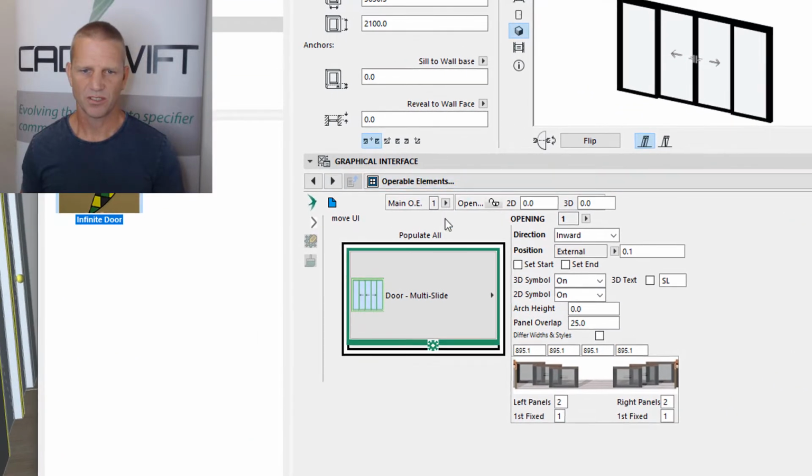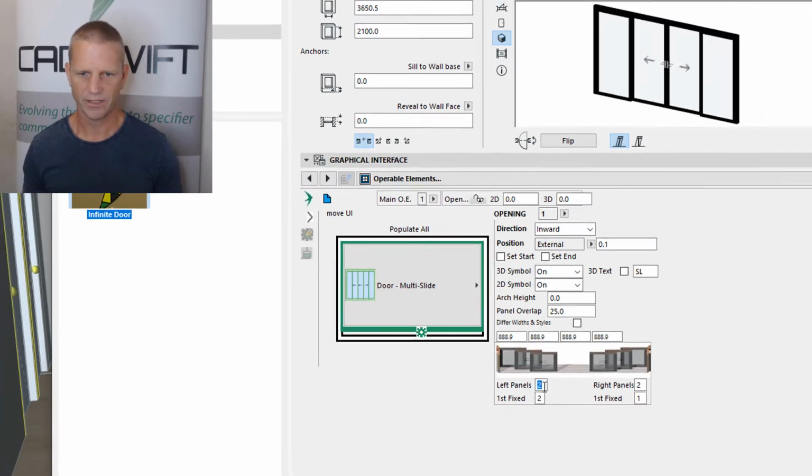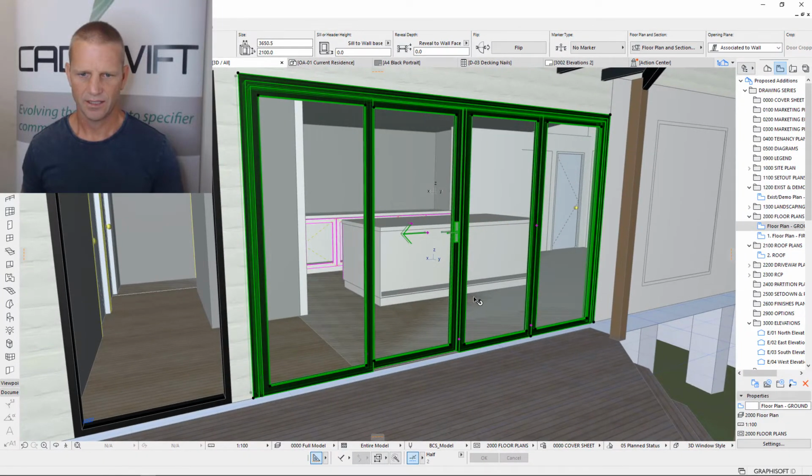On our operable elements page where we defined the opening, we've selected the multi-slide door, and where we configure the panels we currently have 2 panels on either side and the first is fixed. Previously, these first fixed items were check boxes, so that you could tick them on to turn on the fixed panel. Now we have changed that from a toggle to an integer, so you can actually nominate the number of fixed panels. So for instance here I could set both these panels to fix, click OK, and you can see